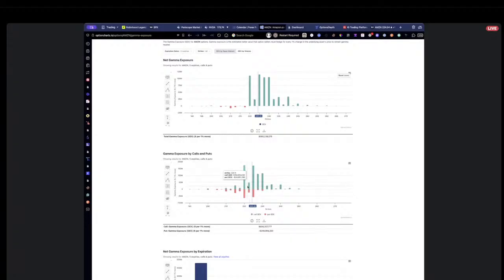Possibly not, because if we know market makers are hedging with price to try and keep price in and around that range, we know we're not going to get huge amounts of explosive movement, and we're not likely to get explosive movement past that range,